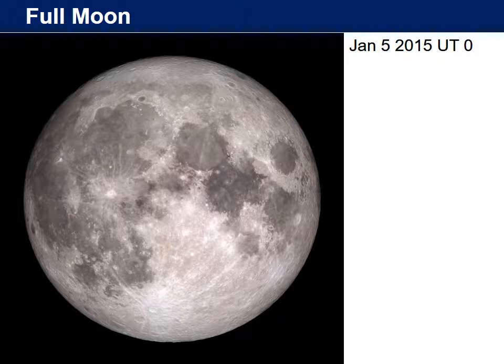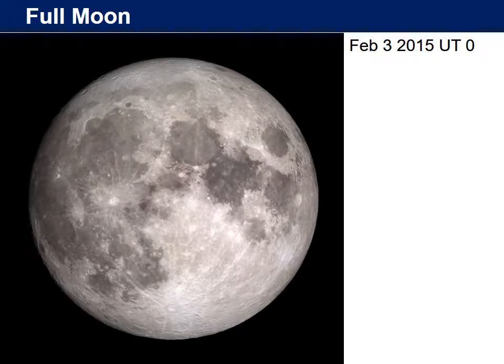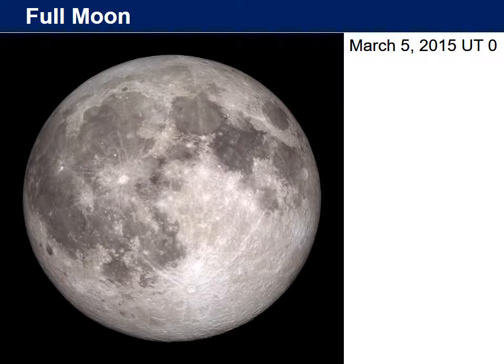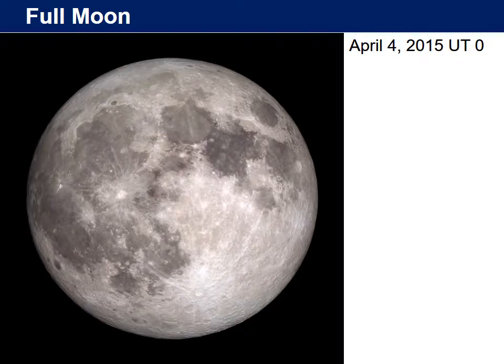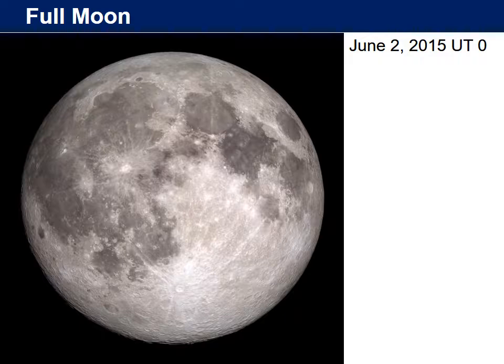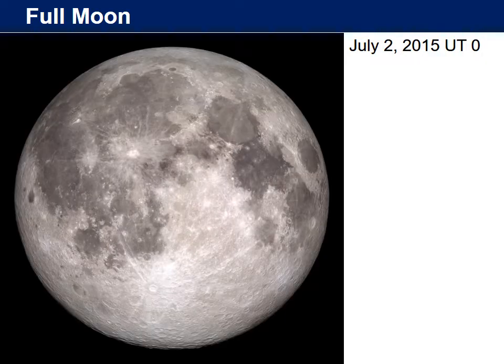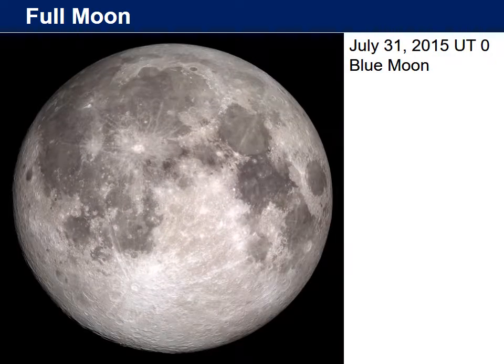Here's what it looked like in January of 2015. February, March, April, May, June, July, and another July. It's a blue moon when there are 2 full moons in a single calendar month, and this has nothing to do with its color. You probably noticed that the same side of the moon is always facing Earth, and you probably